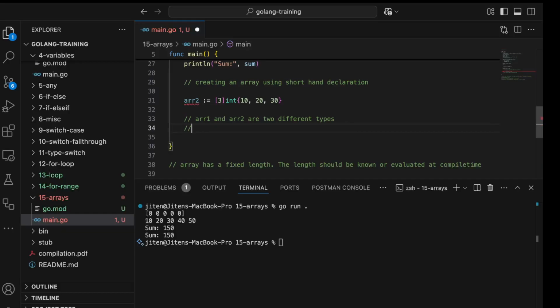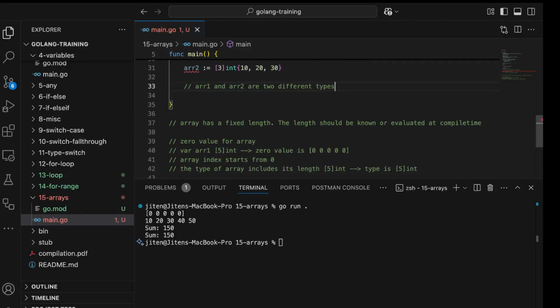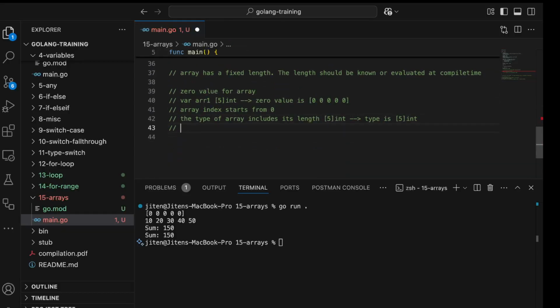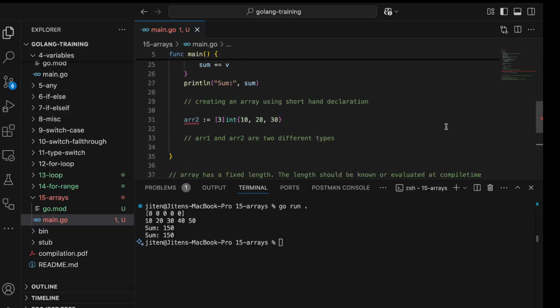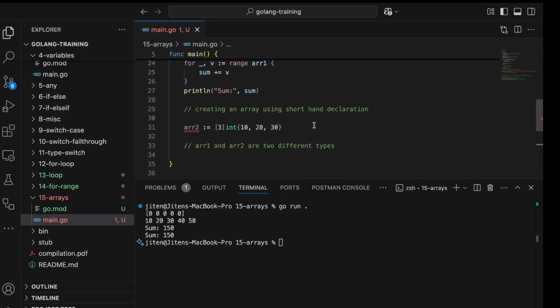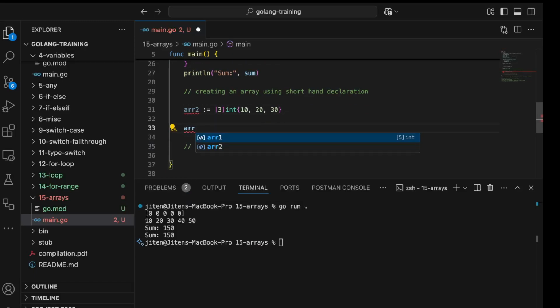You cannot typecast arrays of different types. I will tell you the reason. So array 1 and array 2 are two different types, even though both of them are integers. It's a shorthand declaration. You can also create an array like this with an ellipsis symbol